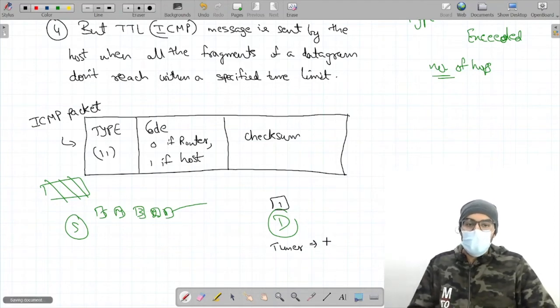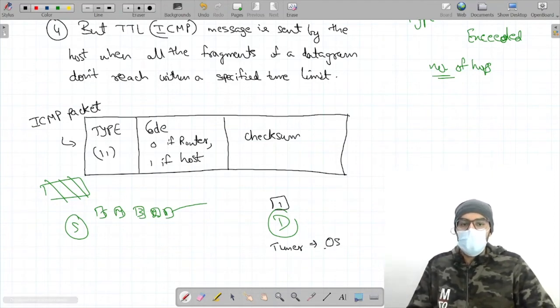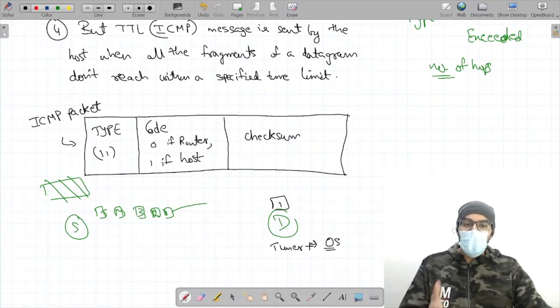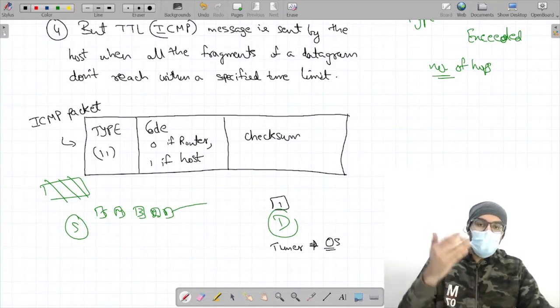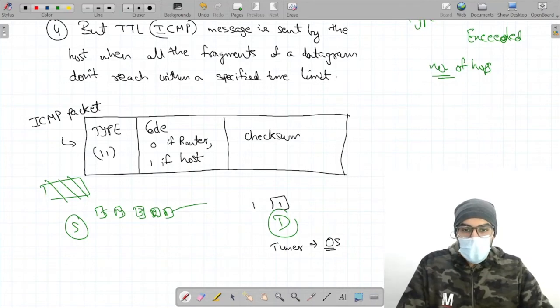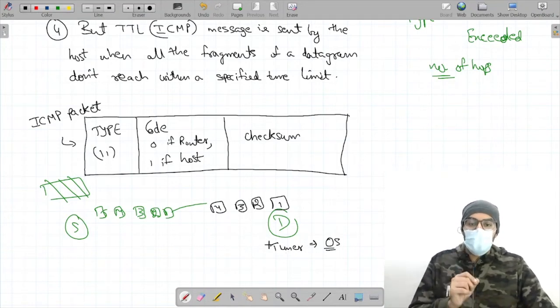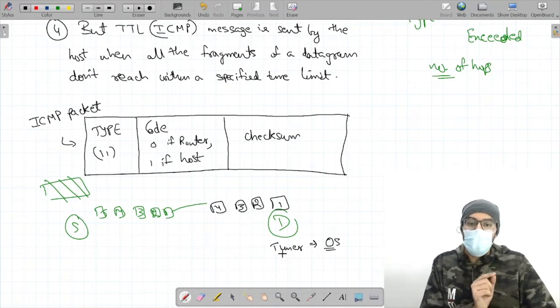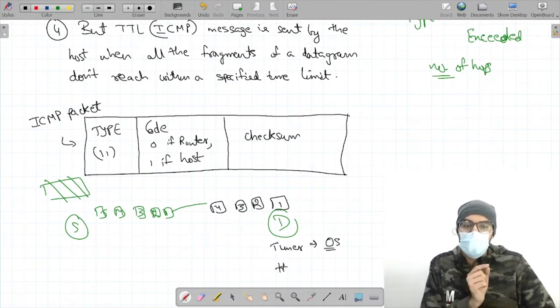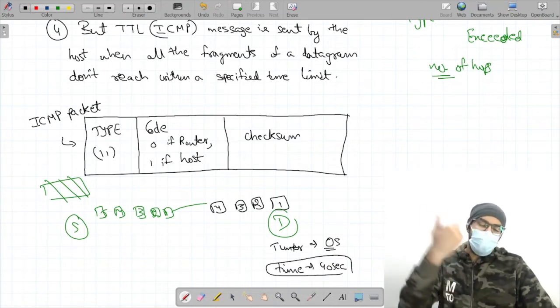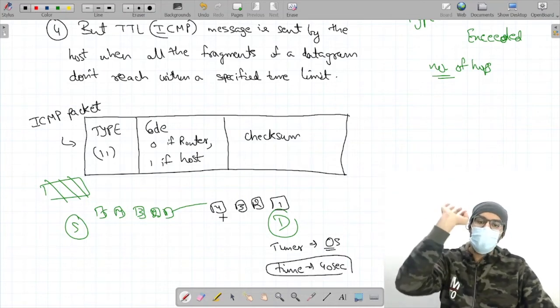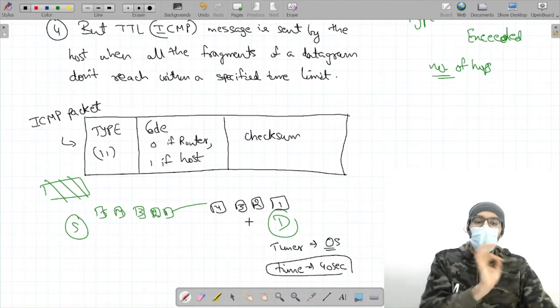So it starts the timer with 0 seconds. And now the time in the timer is going on, and let's say packet 2 reaches over here, packet 3 reaches over here, packet 4 reaches over here. When packet 4 reached here, the time at that point was 40 seconds. Let's take the case that packet 4 reached the destination at time 40 seconds,